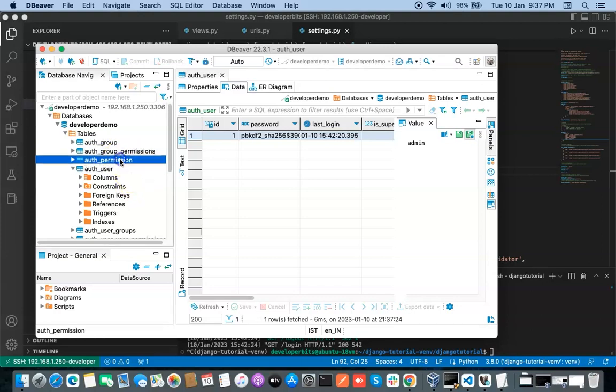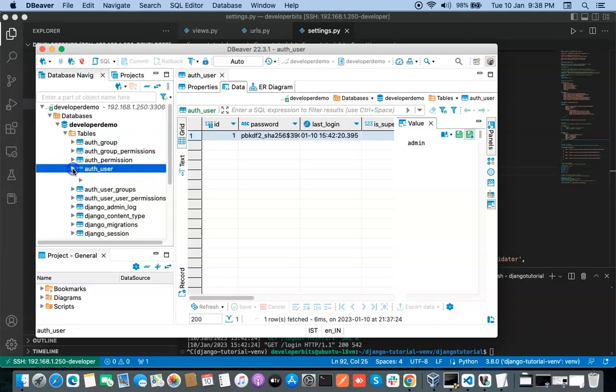User authorization means after the user is authenticated, which part of the application he can use, which part of the application he can access, and this is determined by the different permissions, and the entire process is known as authorization. Whereas in authentication, we just check that the user is a valid person, he has the required credentials to